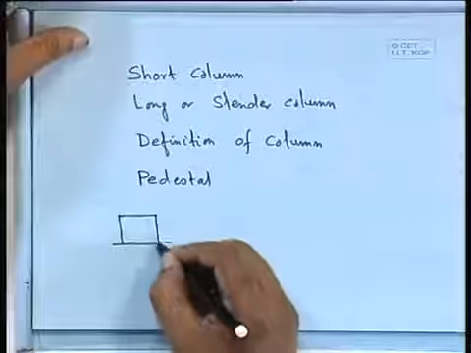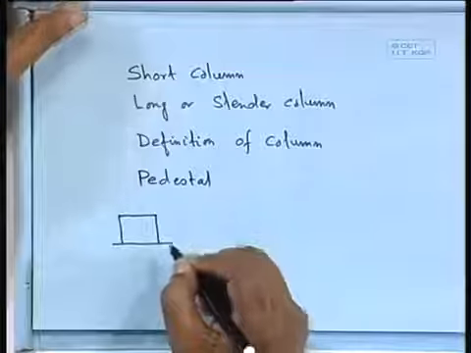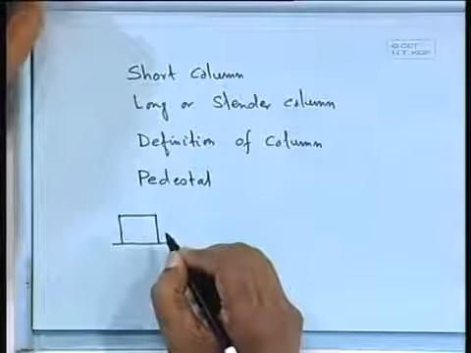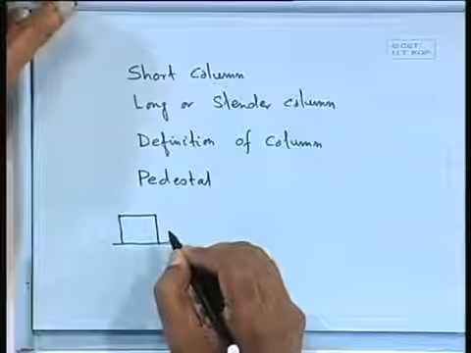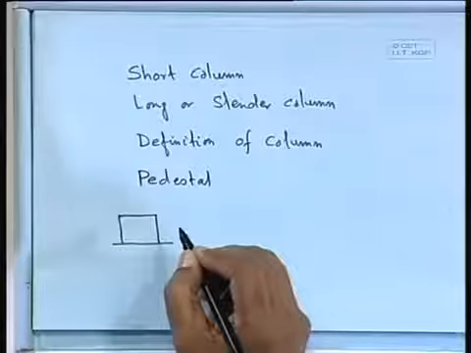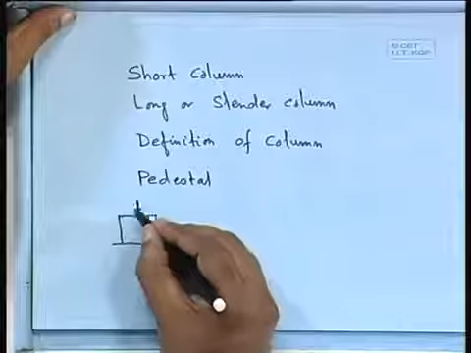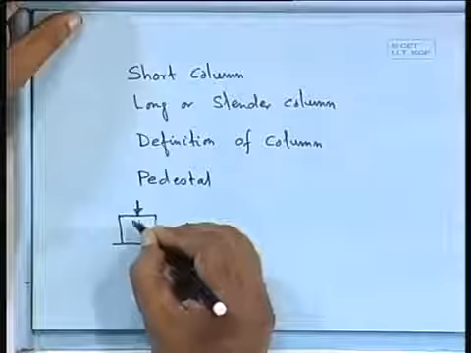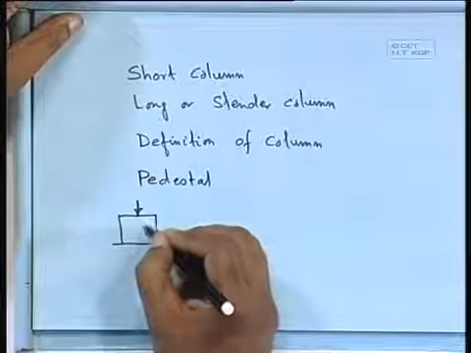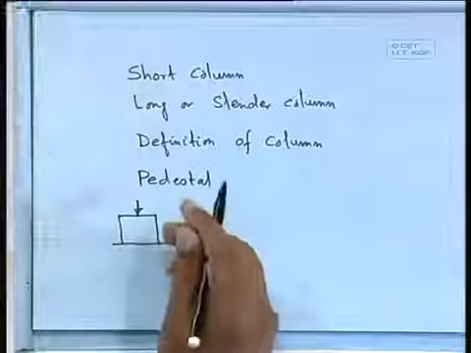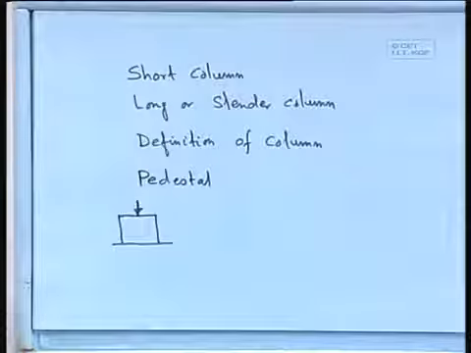Now we are calling this one a pedestal. Shall we call it a column also? Why not, because it is also axially loaded, or it can even have bending also. The code says, and we shall find out here, the code says,